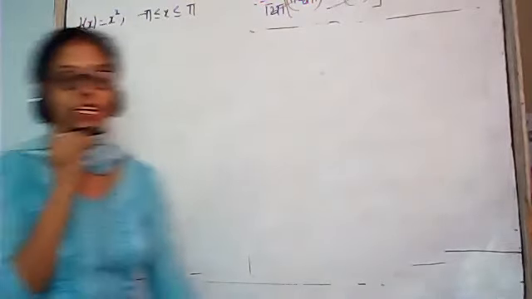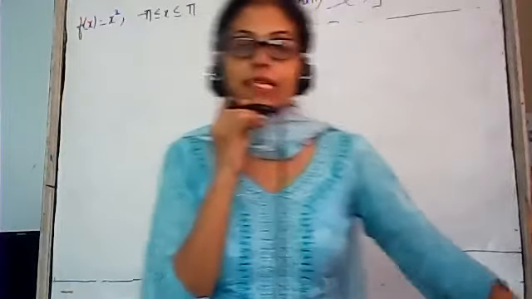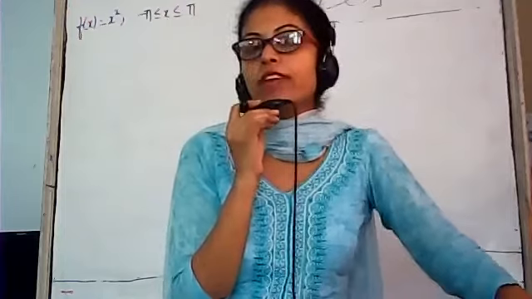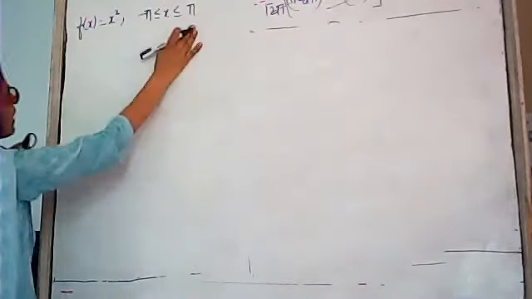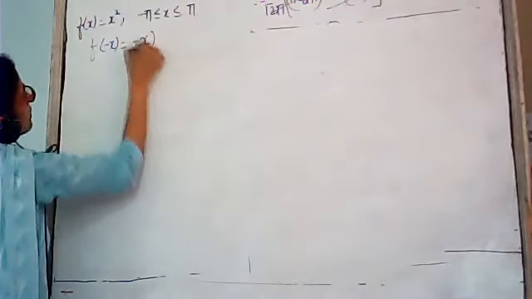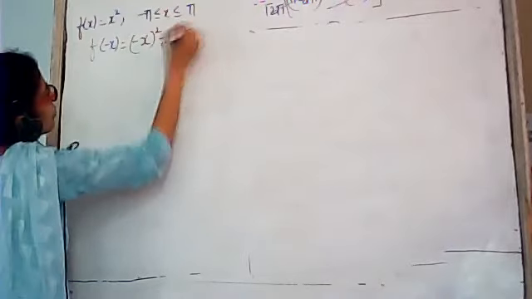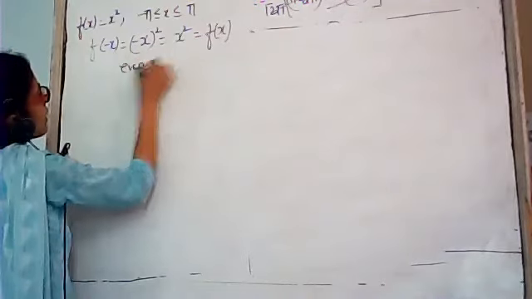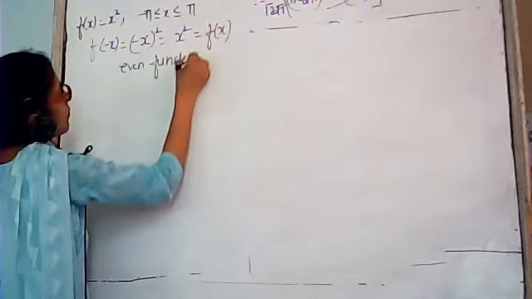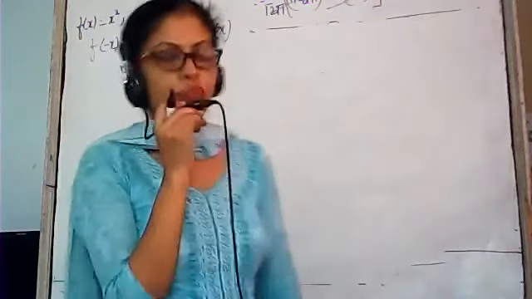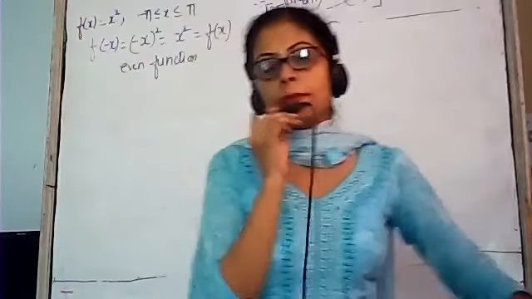And if you remember, yesterday I told you if the limits are the same with positive and negative sign, in that case we can check the function for even and odd. First of all, the limits are from minus pi to pi. f of minus x is equals to minus x the whole square, which is equals to x square, which is again equals to f(x). So this is an even function. So if the function is even, which term is 0? a naught, an or bn?